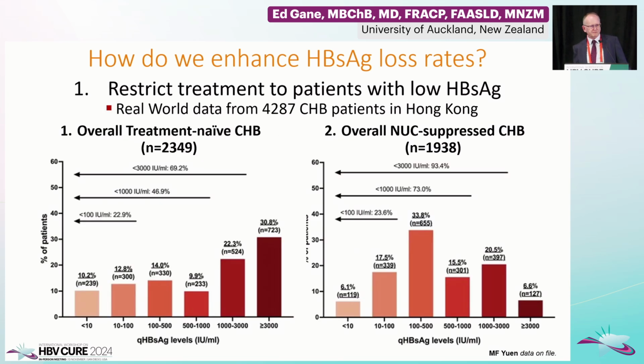The real world, and I'm part of the real world, Asia Pacific, we have very similar populations, but I thank MF for this data from a huge number of patients, and they presented this at AASLD. It's quite different. I think the numbers with lower surface antigen levels in the real world are actually much lower than we think. This is overall, you can see around 80%, around 70% of treatment naive will be below 3,000, and overall around 90% of nuke suppressed will be below